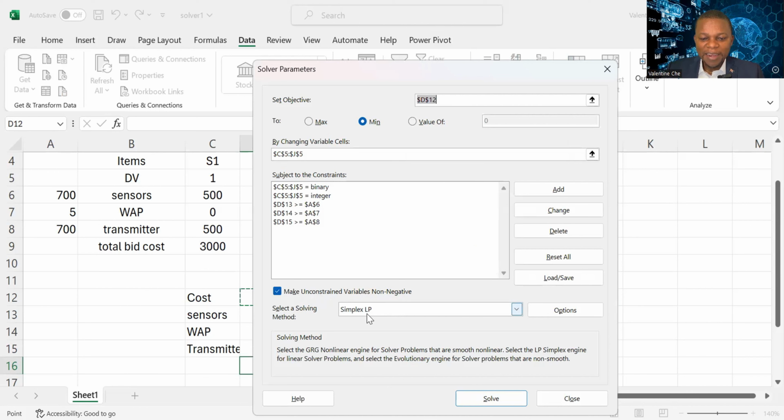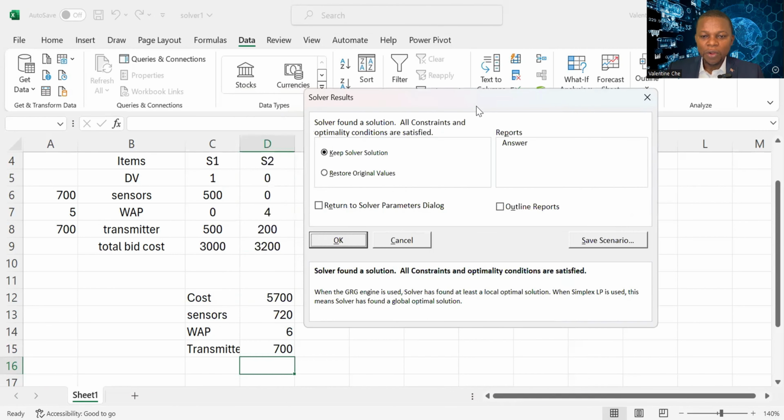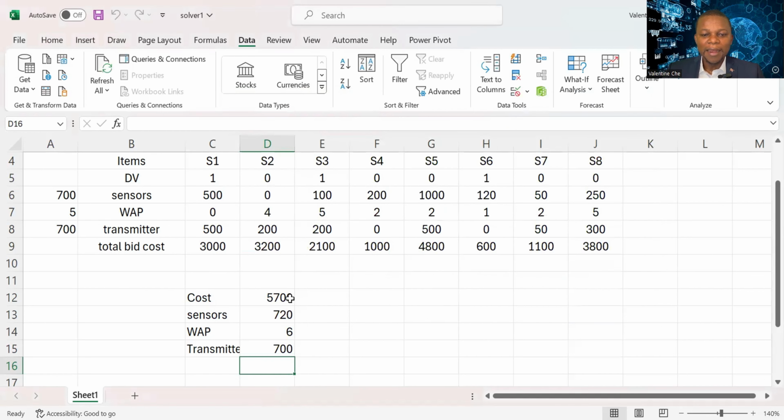And we are using the linear programming, the simplex linear programming. When all this is set, all you need to do is hit solve and let Excel do its work. So Solver says it has found a solution and all constraints and optimality conditions are satisfied. Okay. And you see the cost that Solver has calculated is 5,700